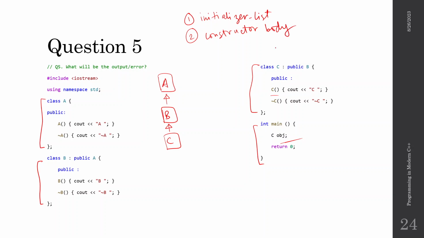The constructor body is called after all the variables have been initialized in the initializer list. Okay, so when we are creating this C object, it will first initialize the B object. Now to initialize the B object, again it will first have to initialize the A object. Now the A object is independent, it is not inheriting from anything, so it will get initialized, and then the